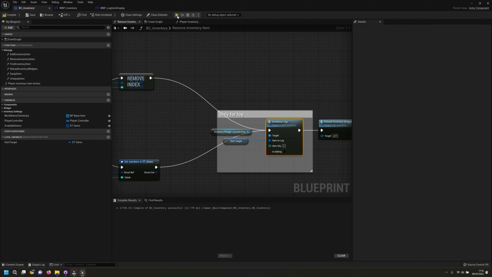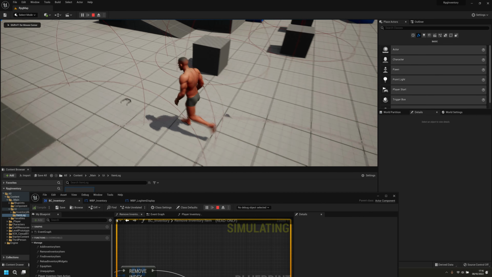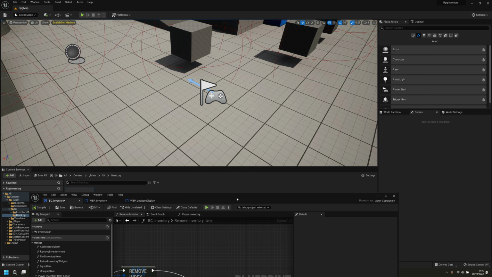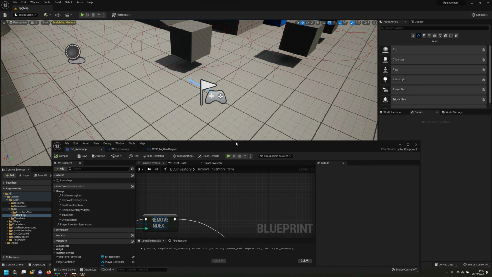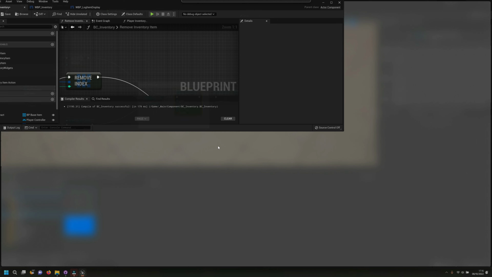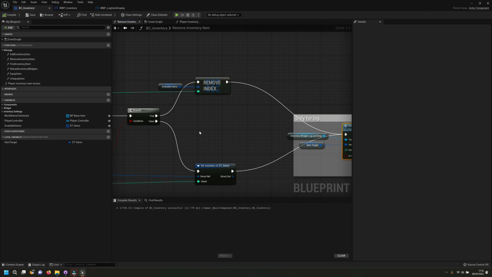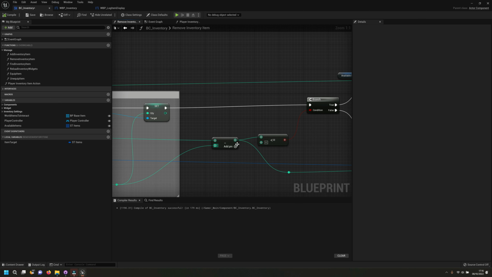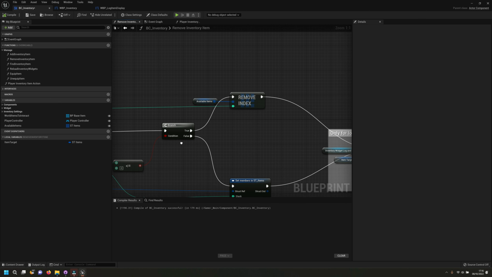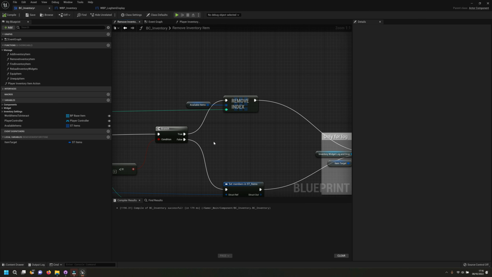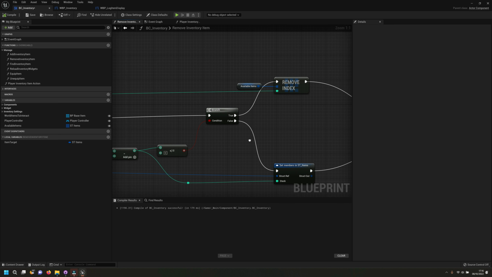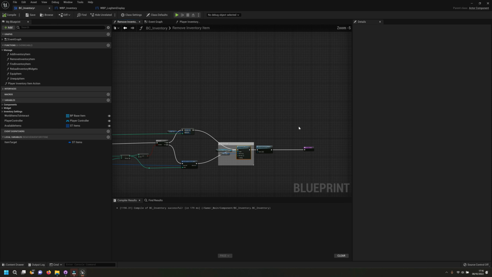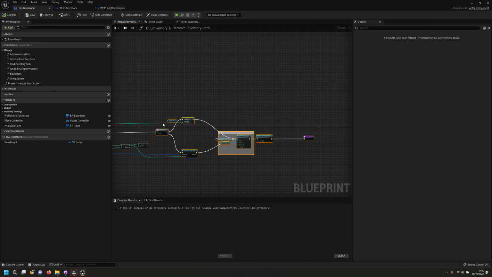Maybe if I do this, let's see if that's still gonna throw an error when you're trying to remove the item. It's not throwing an error right now. Let's see why. That's because we are trying to at this point access an index of an item that has been kind of deleted in here, right? So what we can do here, just to make sure that this works properly, right,